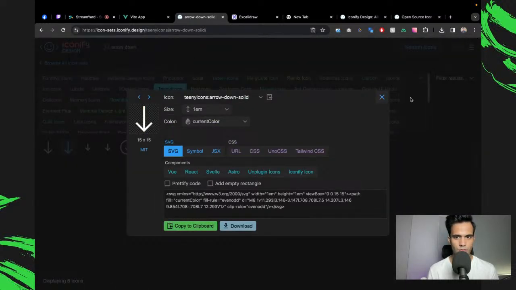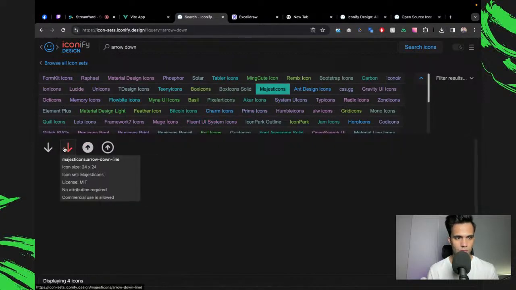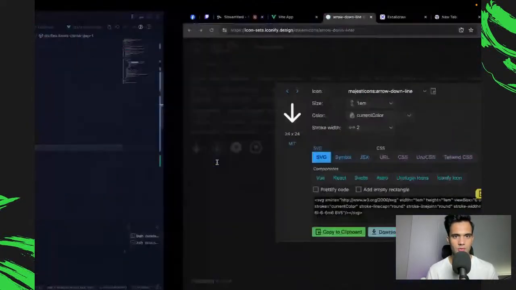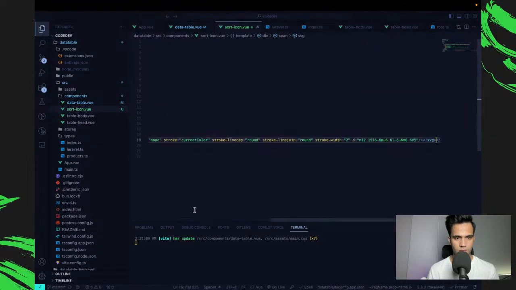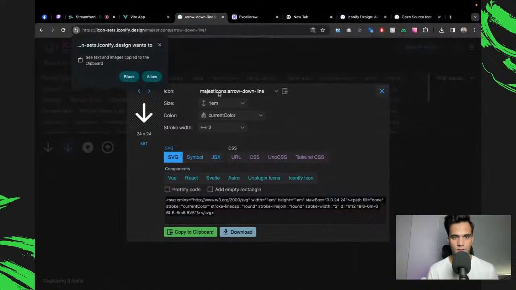So yeah, let's just get this icon. Copy the SVG. This one is down, so let's just replace it with our down icon. Such a tricky thing just to have your icons working.